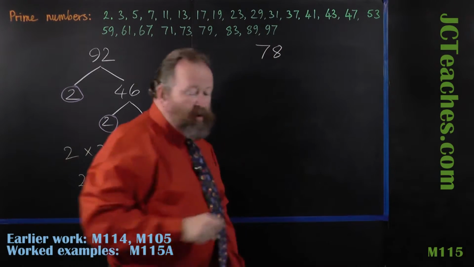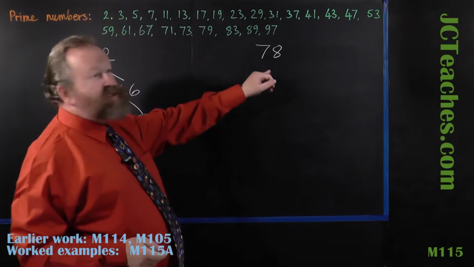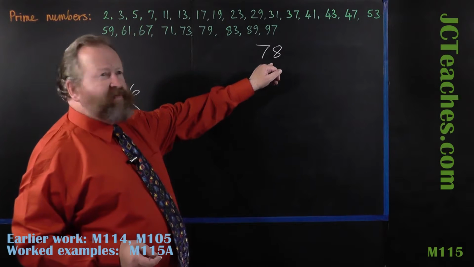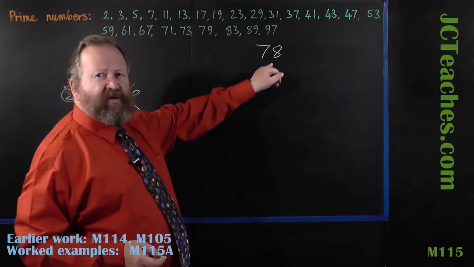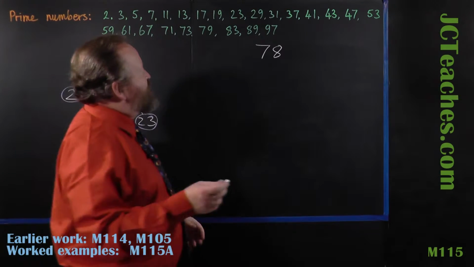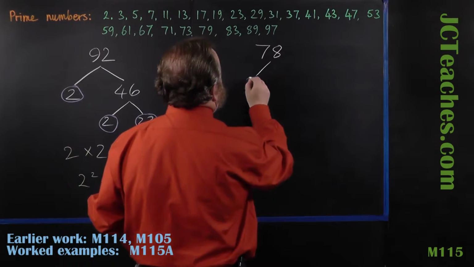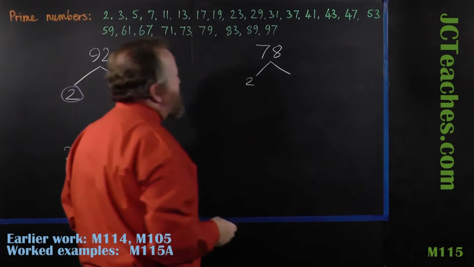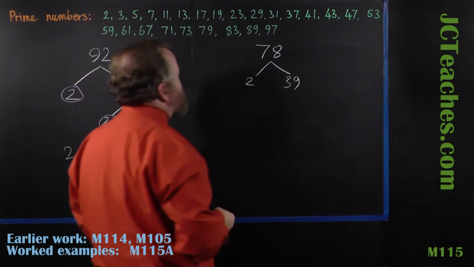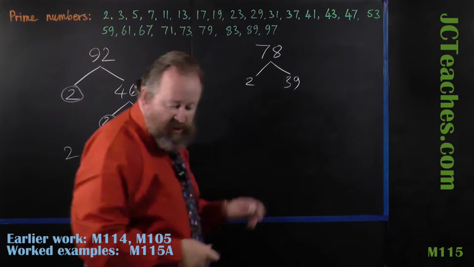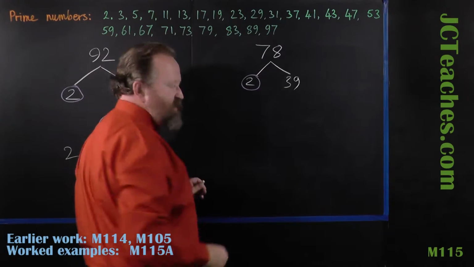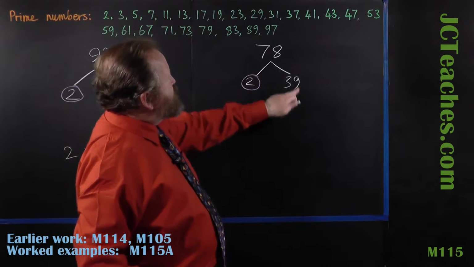Okay, so what does 78 divide by? Well, it divides by 3. It divides by, I think, 13. So let's divide 78 by 2 to start with, shall we? Because that's quite easy. 2 and 2 39s are 78. Okay, 2 is already a prime number, so that must be one of our prime factors. Circle that one. 39 is not a prime number